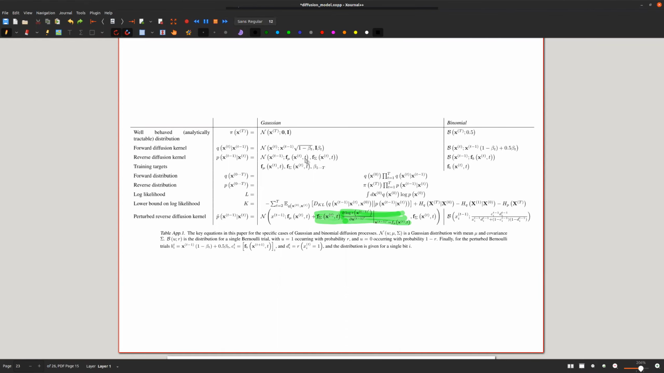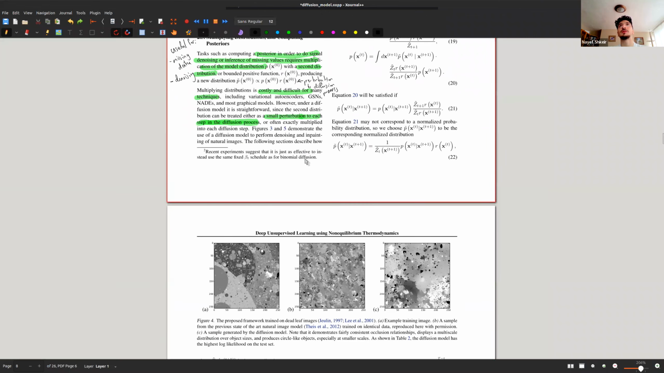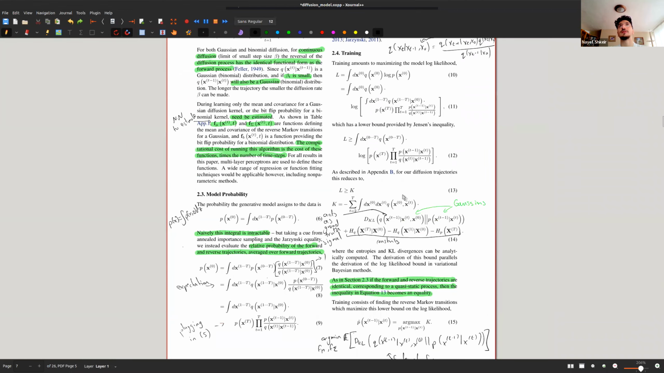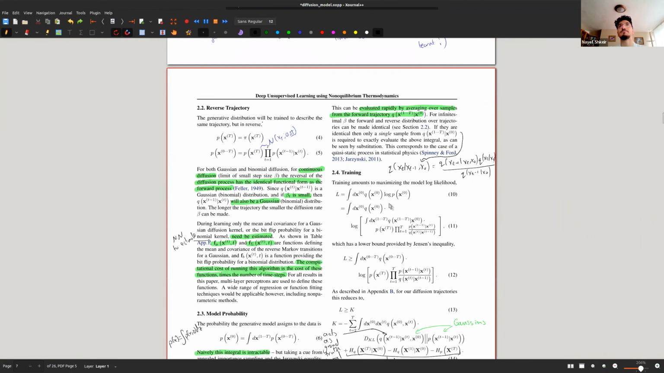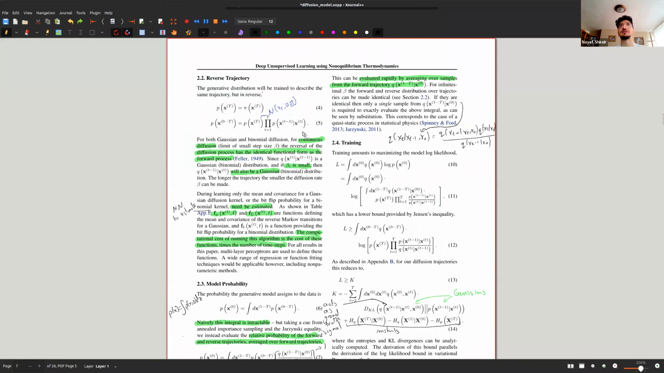Yeah, it's because you want the forward and the reverse process to be as similar as possible, and so you train by reducing the KL divergence between the forward and the reverse process. Because in the limit they're exactly the same, this is why you're able to go back in time. But I still don't really understand how